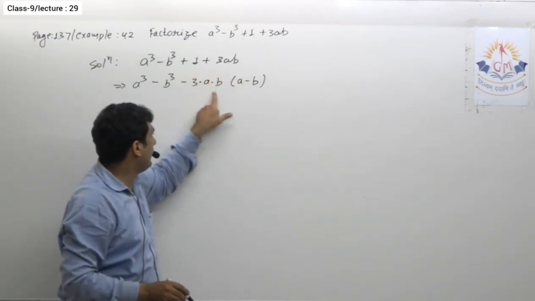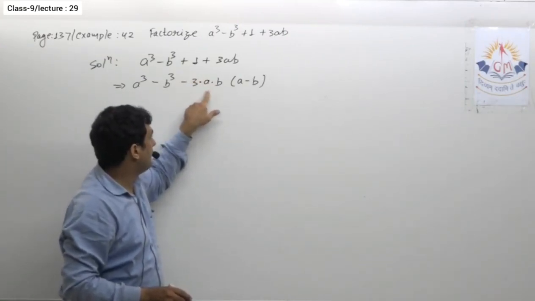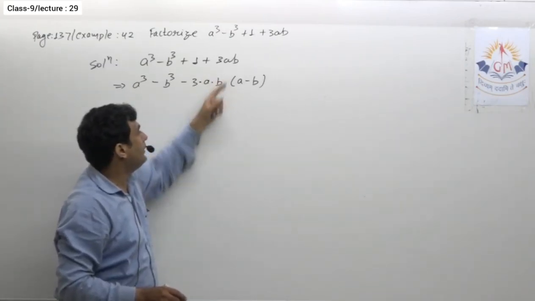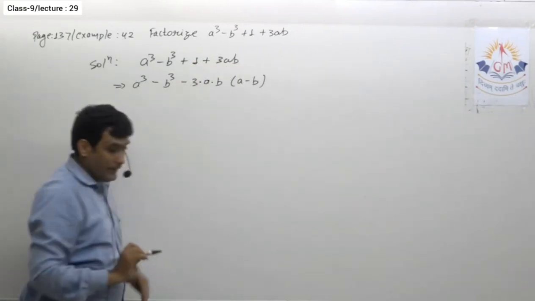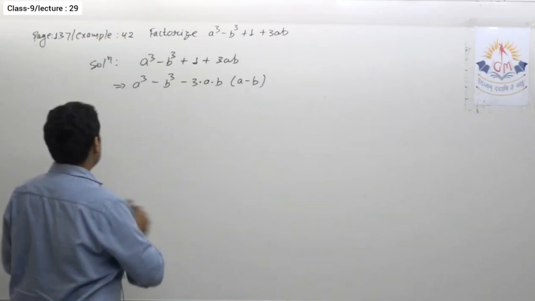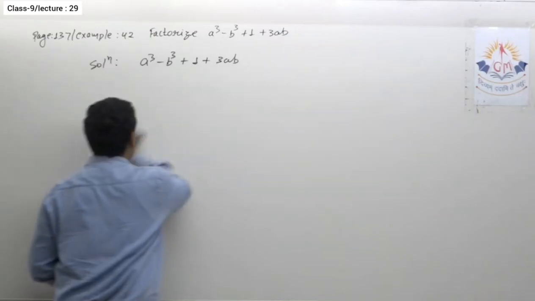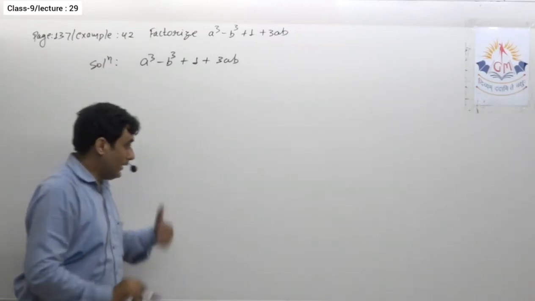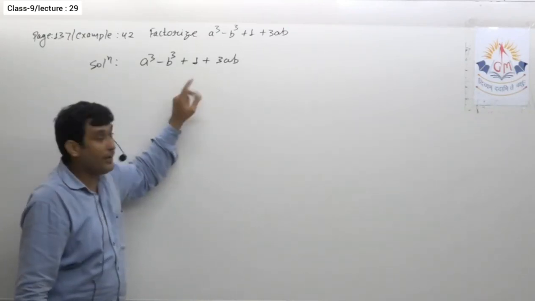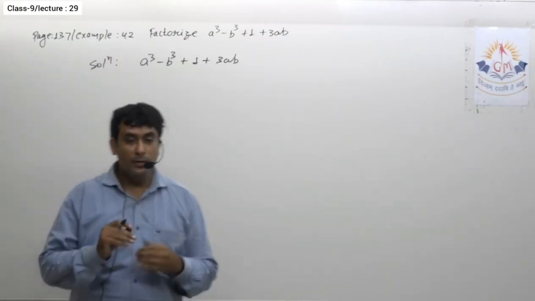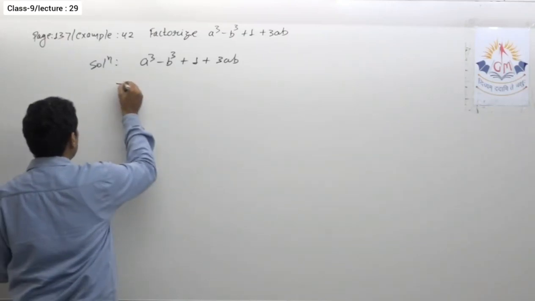So over here, if you multiply this 3ab into a, you will get 3a square b. As well as when you multiply 3ab into minus b, you will get plus 3ab square. That means the multiplication of these is not equal to this. That means definitely this identity is not applicable over here. Now again, if you observe carefully, this 1 is also a complete cube. That means now here we have 3 complete cubes. It means we can think about the identity of a cube plus b cube plus c cube. So let us see, let us write the terms in that form.